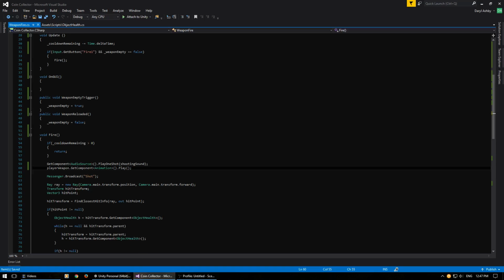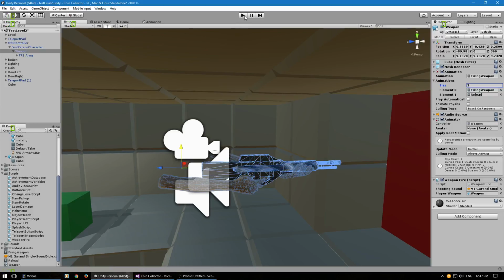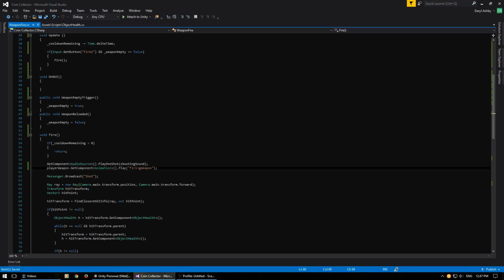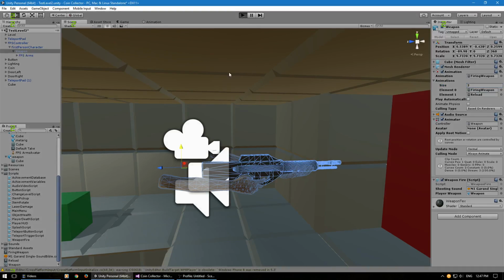So in here we're going to type the name of the first one, so I'm going to say firing weapon. I'm just going to save that for now, and it should work fine. Because I've told it exactly which animation I want to play, when I click here and shoot,